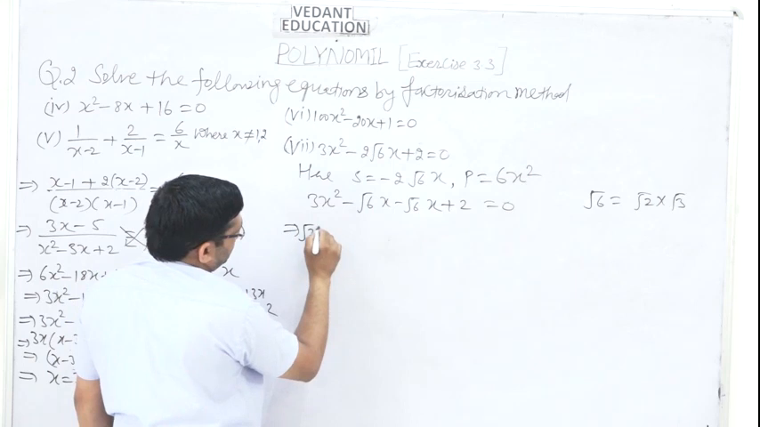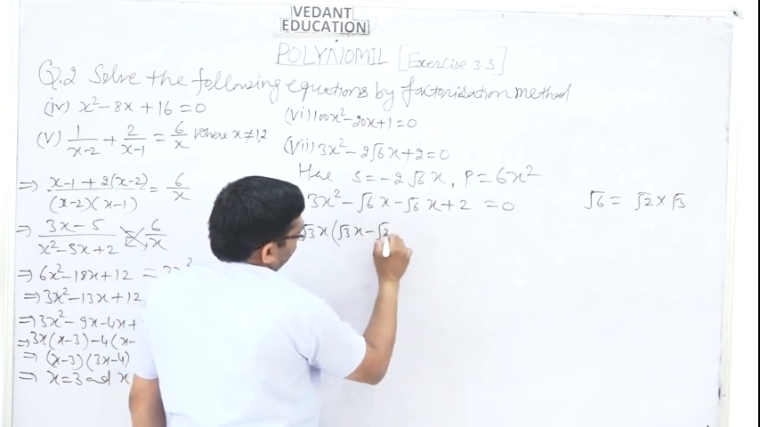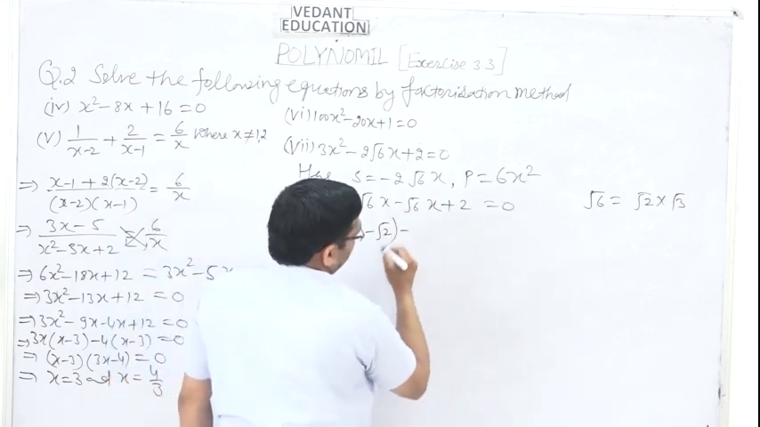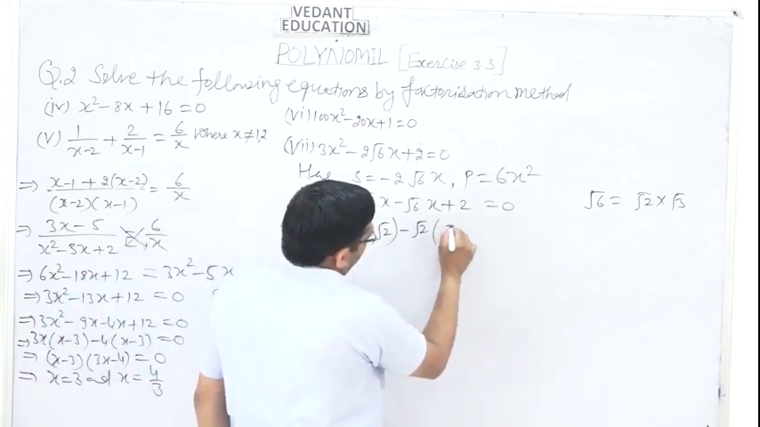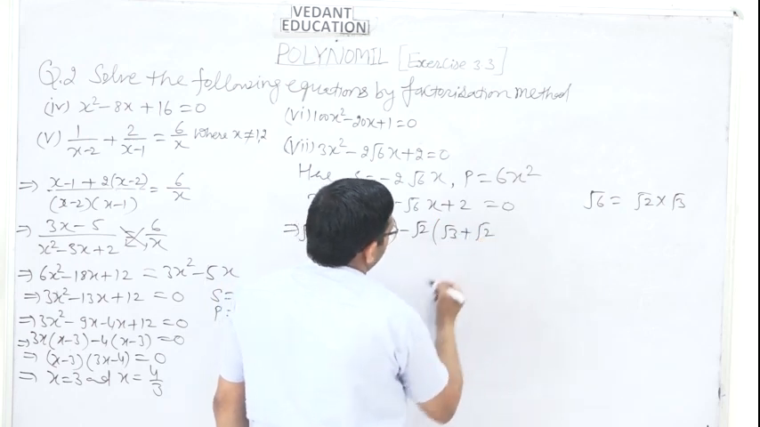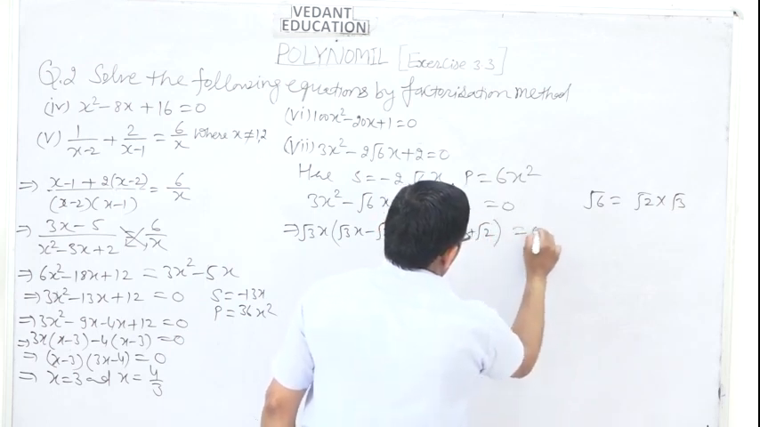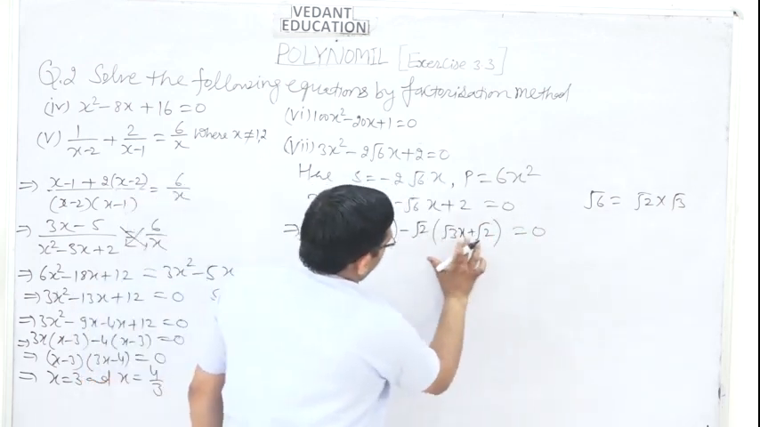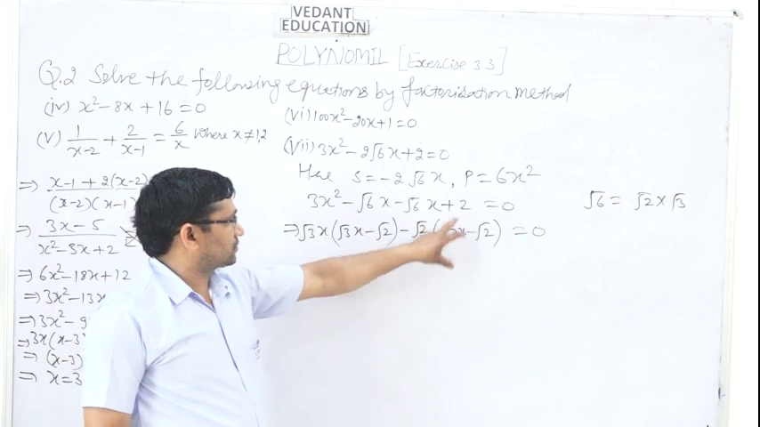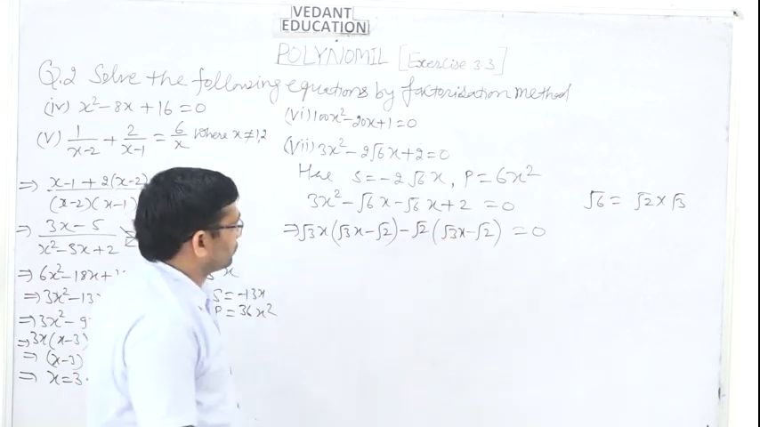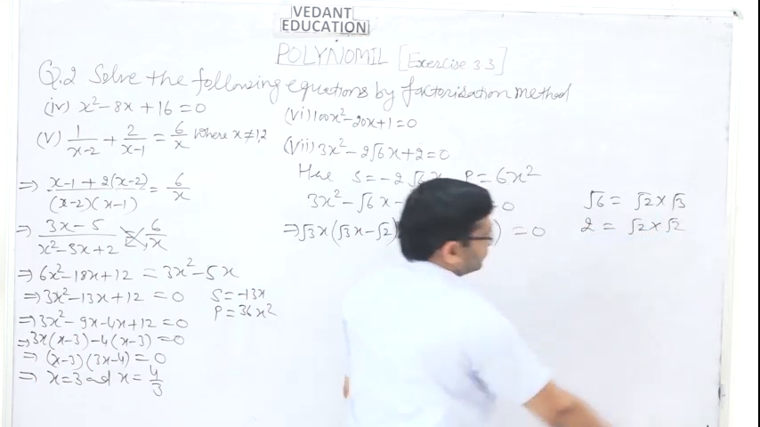So by taking root 3x common, here remain is root 3x and minus root 2. Again minus root 2 is common, remain root 3x plus root 2, so root 3x plus root 2 is equal to 0. So we take here minus root 2, that is root 3x minus root 2 is equal to 0, because 2 is equal to